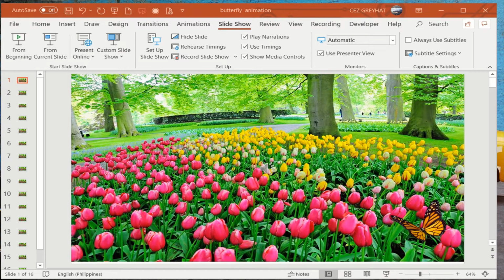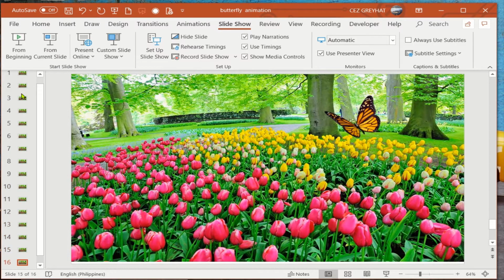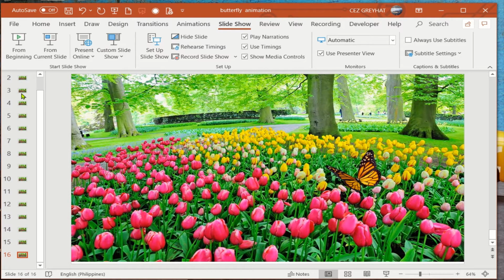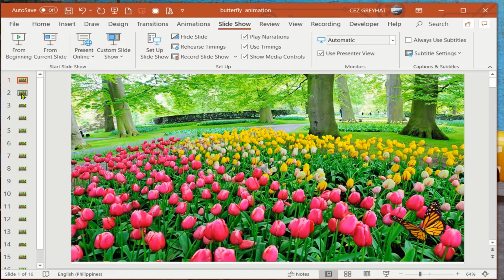So after clicking save, after doing a lot of duplication copy of the background and moving the butterfly to wherever you like it, like that. Now you can have as many copies as you like. Okay, after that,